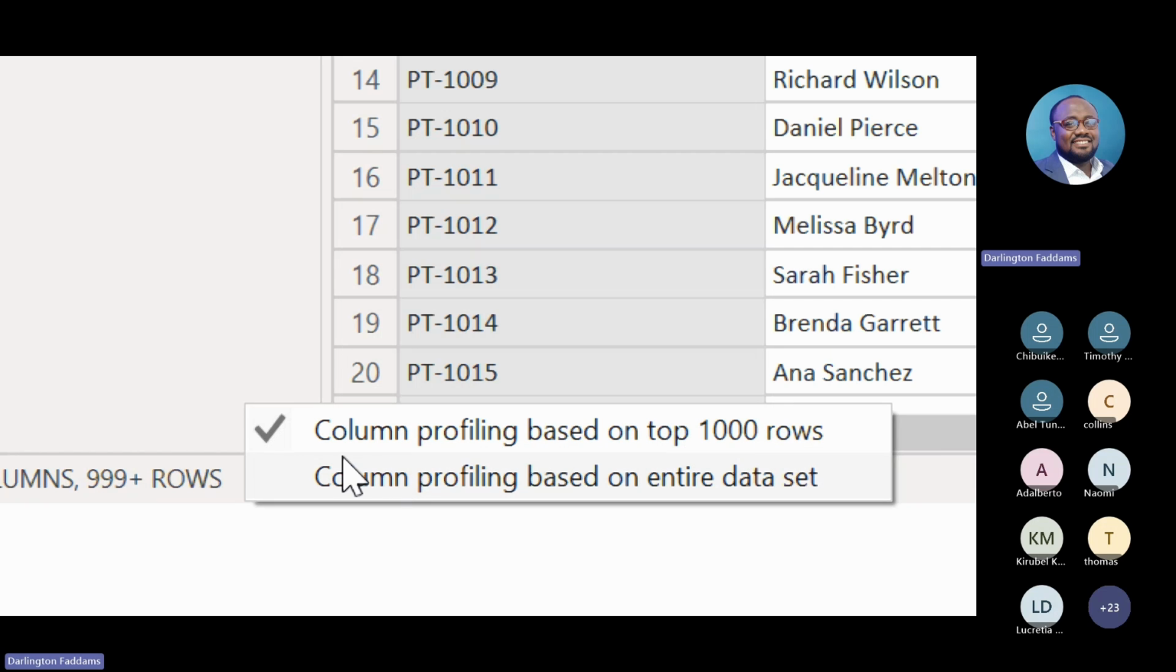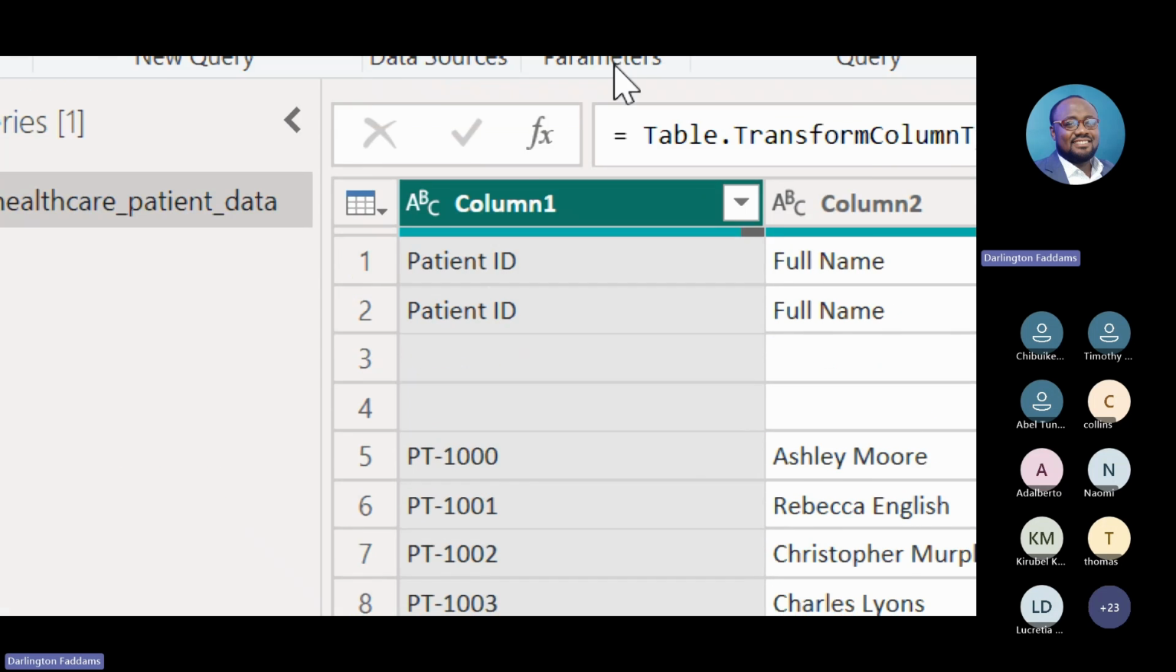And there is something we call column profiling. Please type column profiling in the chat for me. I'm going to be talking more about column profiling in our subsequent lessons. But what this status bar is telling you is that this column is being profiled based on the top 1,000 rows. And the column profile health,